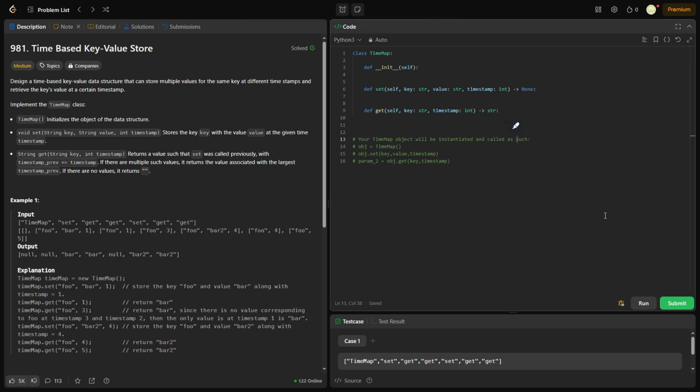Yo, what's up everyone? This is LeetCode 981, time-based key value store. So we have to design a time-based key value data structure that can store multiple values for the same key at different timestamps and retrieve the key's value at a certain timestamp. Okay, so we have to implement this time map class where we initialize the object of the data structure. We have to store the key with the value at a given timestamp, and then we also have to implement